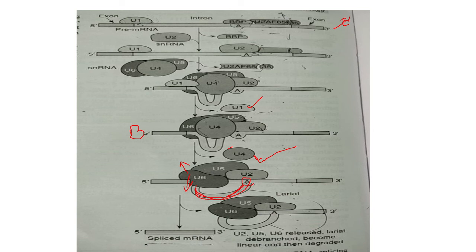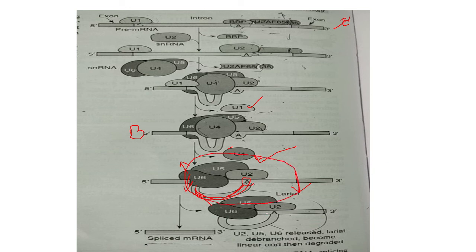Now what happens next? U5 will bind to the exon at the 3' splice site, and the 5' splice site is cleaved, resulting in the formation of the lariat, as we have seen. Next, the 3' splice site is cleaved again. First the 5' splice site was cleaved, and next this 3' splice site will be cleaved. As a result, this whole intron is now free,